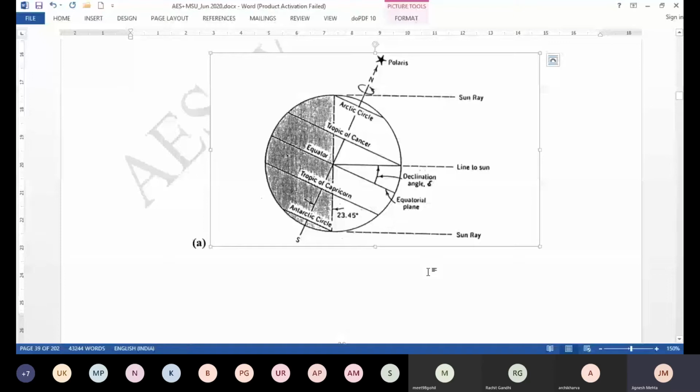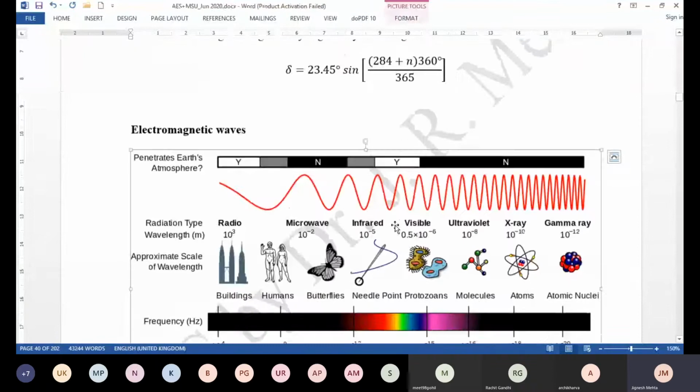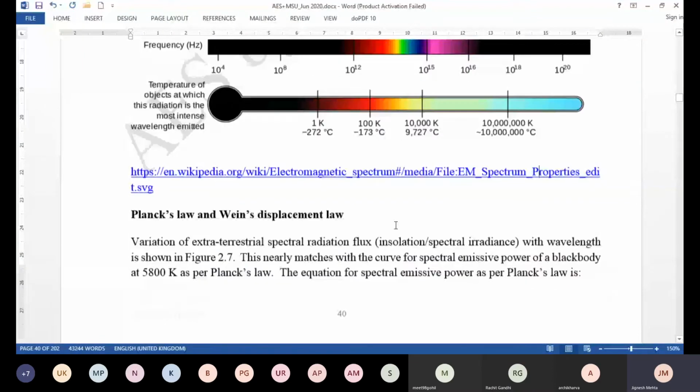Okay, so that's the definition, and how the declination angle varies over the year. As already told, on June 22-23 it's plus 23.45 degrees, on the vernal equinox and autumnal equinox it is 0, and on the winter solstice it is the highest negative value. Okay, so that's about the